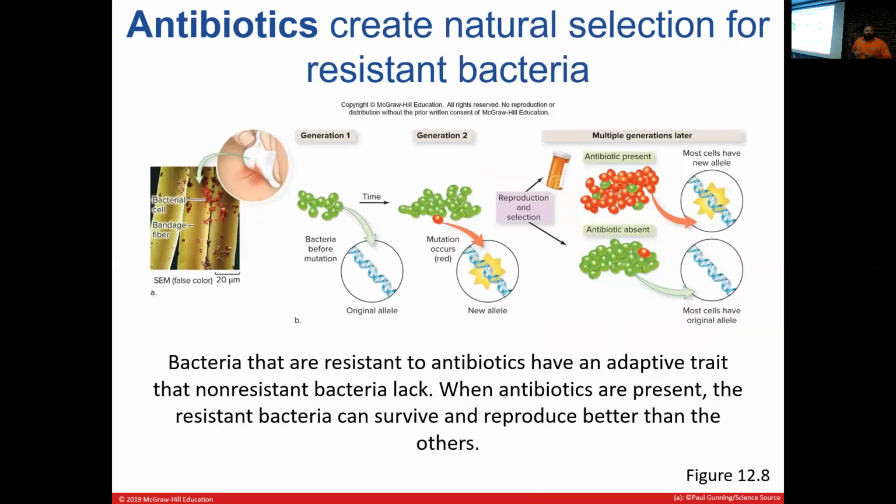Probably one of the classic examples of this is antibiotic resistant bacteria, which is where bacteria that are resistant to antibiotics have had an adaptive trait that's arisen randomly in the population. And as a result of increased prescriptions of antibiotics, it's gone through and done a wide swath of killing off anything that can't resist it. And thus, a lot more bacterial cells have evolved to be antibiotic resistant, particularly things like staph infections and that sort of thing.